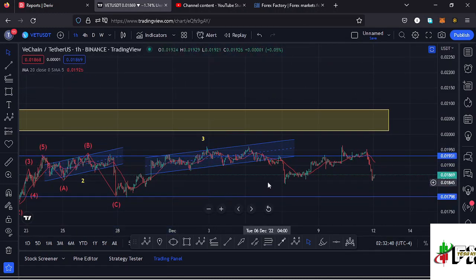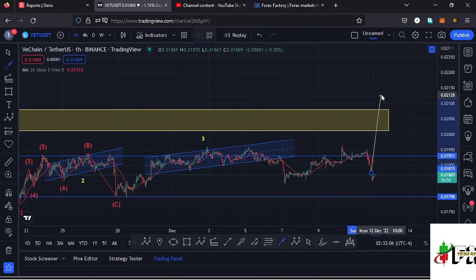And for that to play out, we need to see an impulsive movement here on the VeChain chart, also manage to break above the 20-day MA, and also manage to break above the key area of resistance at around the $0.02 mark. Once that happens, then there are chances of fully maximizing the fib level 1.618 in the formation of that higher Elliott wave count 3 to the upside.